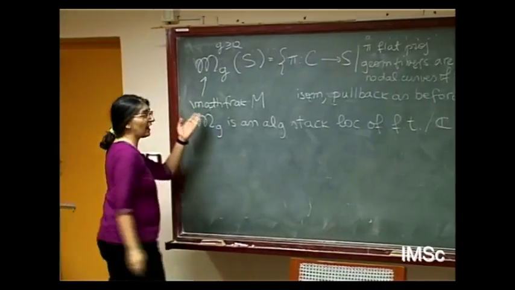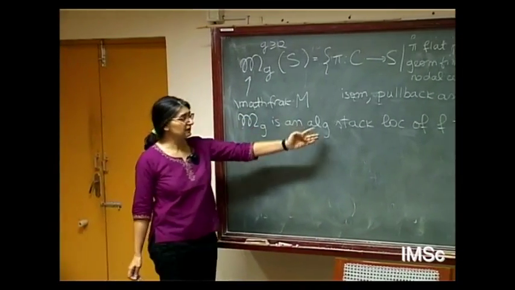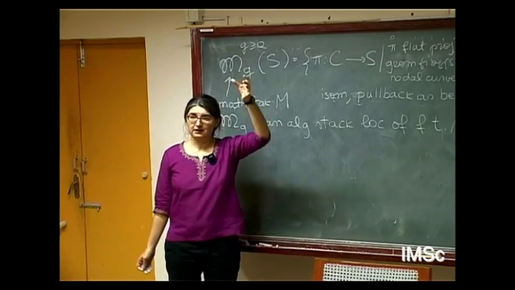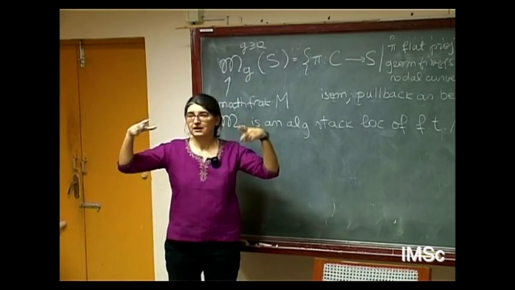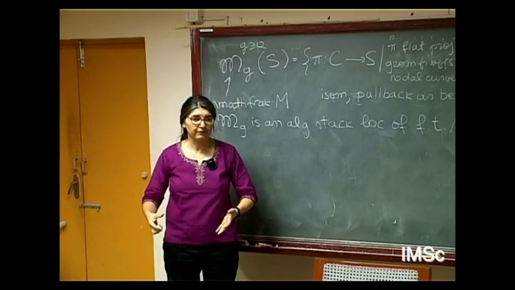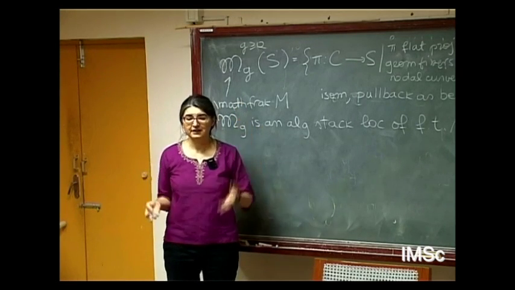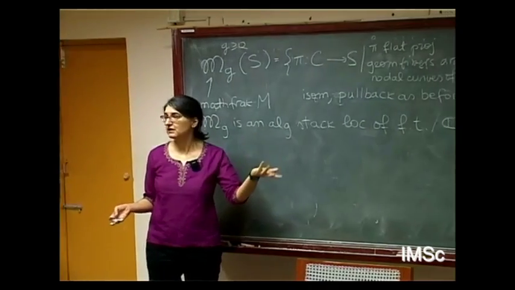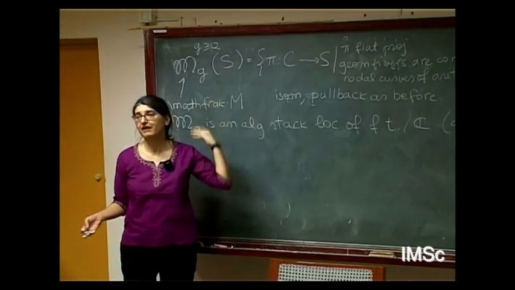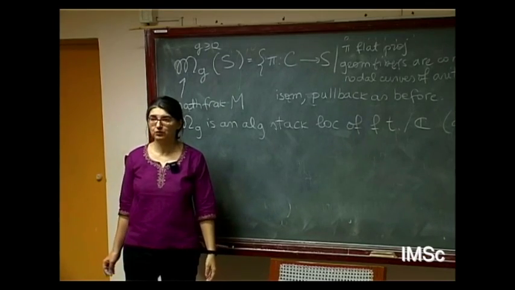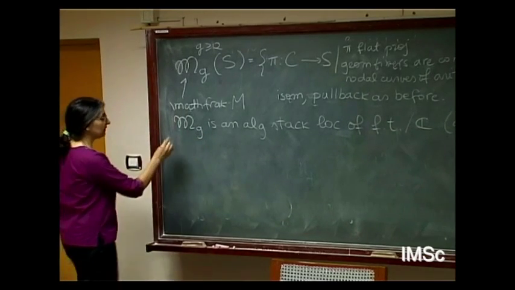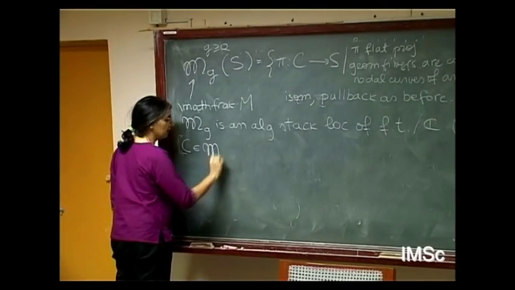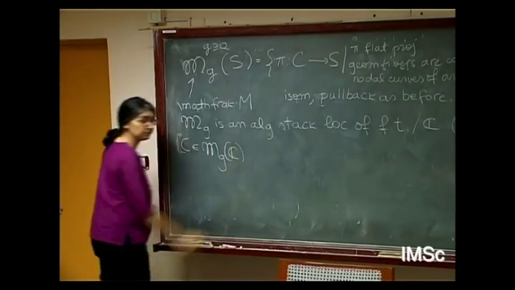So how do I prove that it is locally of finite type? I have to prove that I can find, for every point, a scheme and a morphism such that this is a smooth open map and this point is in the image. And smooth open means whenever I fiber product, I get a smooth open. So let me fix C, such a curve, an object, a C-valued point.